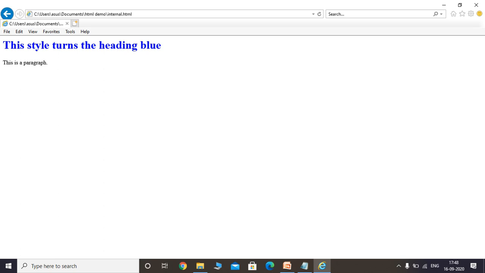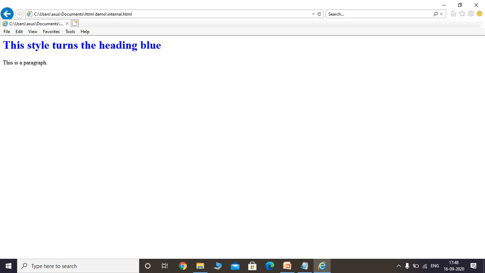Next we will see about the background properties. So you can change the background color, the background attachment, the background position, and the background size. So many things you can do with the background properties. These background properties allow you to set various background attributes for different elements in a web page.